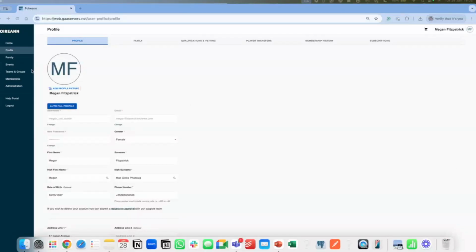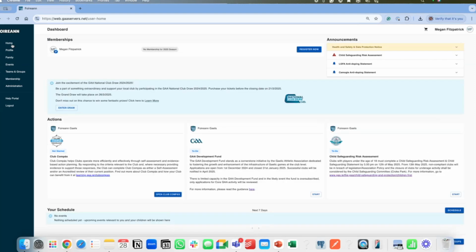So I'm just going to dive right in. One of the things I'll say is this is our test system. Therefore, everything you see is fake information, so not real members, not a real club, and not real data. So please bear that in mind. You may also see some functions in here that are not yet available to yourselves. That's just because we use this to develop new features on Foireann. So if you see anything that you maybe don't have, it may be because it hasn't been released yet. So first thing is I am an admin of my club Foireann Gaels, and we're going to spend